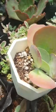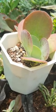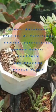This is my first video and this will be the first plant that I'm going to feature. It is called the flapjack, red pancake, or